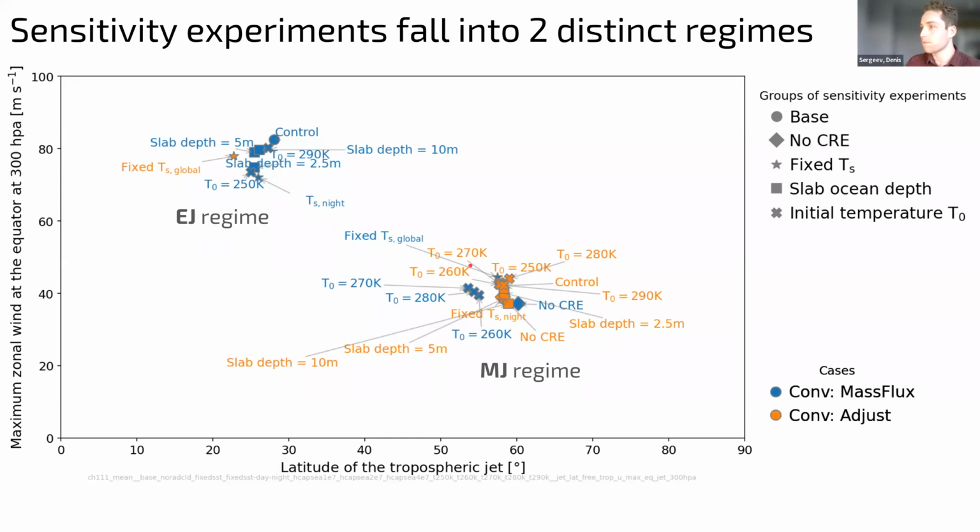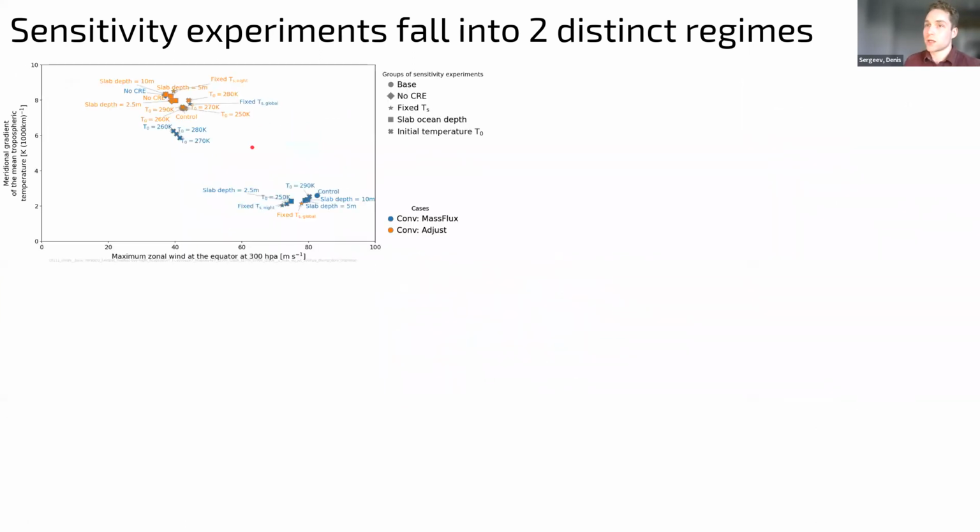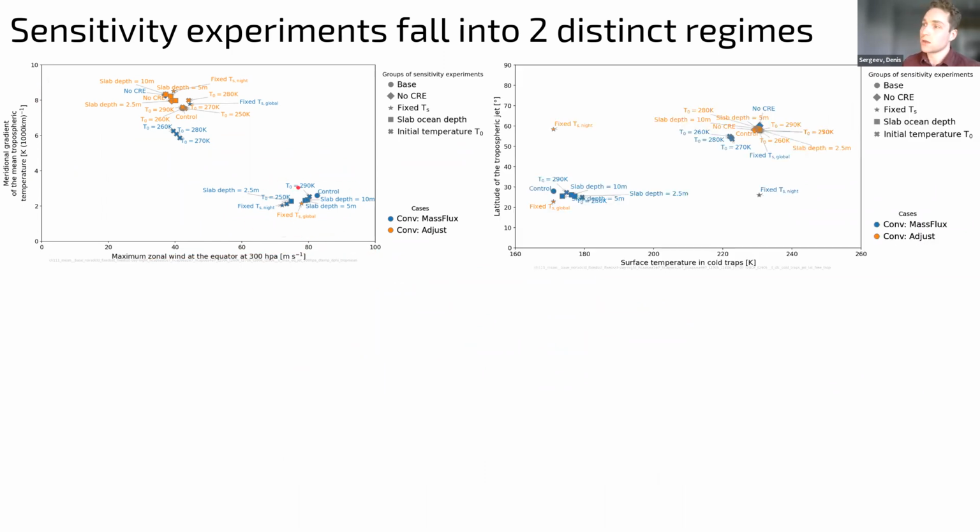And this is why in the following I'm going to explore it even further. And these two parameters are not the only ones that show this distinct clustering. We can also look at the meridional gradient of the mean tropospheric temperature on the y-axis versus the maximum zonal wind at the equator. Again, you see clustering, and the same sort of situation is seen with the surface temperature in cold traps. These two outliers are different just because the surface temperature is fixed for the night side in the simulations, but the rest are still in these two distinct clusters,